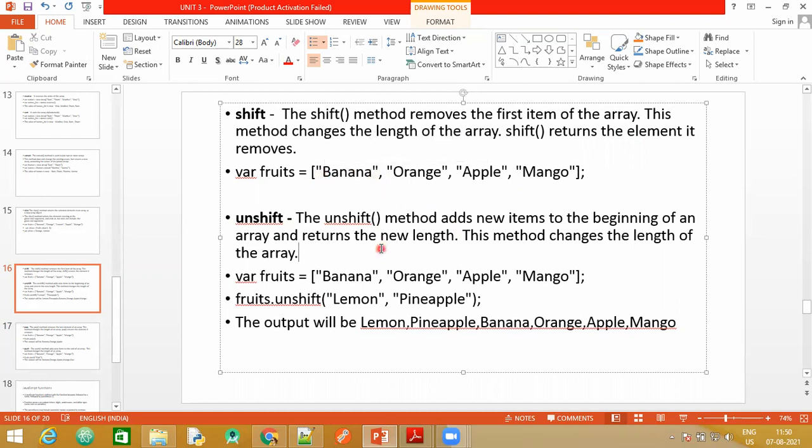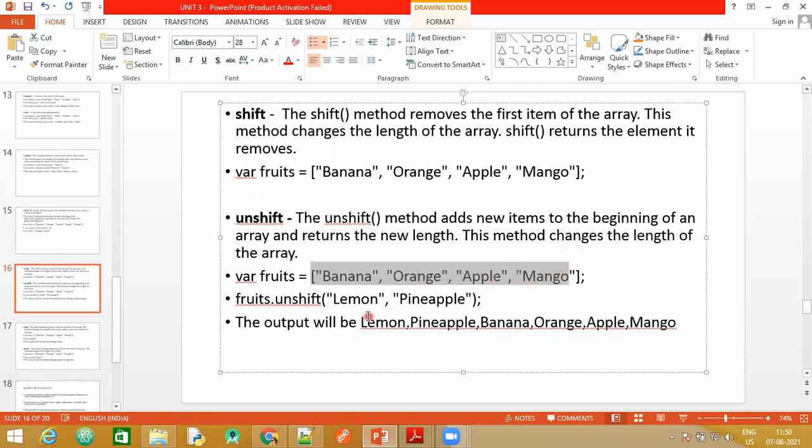Unshift, the second method, works exactly the opposite of the first one. It adds a new item to the beginning of the array. But what does it return? It does not return the array, but it returns the new length. So this method is also changing the length of the array. Our array fruits has these many elements.